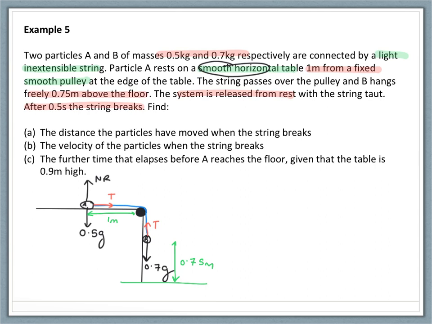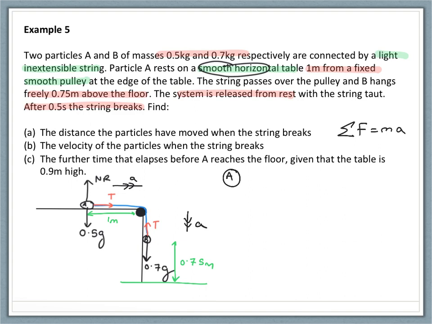Okay, so the first thing that we are going to do is to look at the forces on A and then the forces on B separately. We're going to apply F equals ma. Once the system is released from rest, B will start to accelerate downwards like that, A will accelerate to the right like that. So we will make use of Newton's second law of motion, resultant force is mass times acceleration,